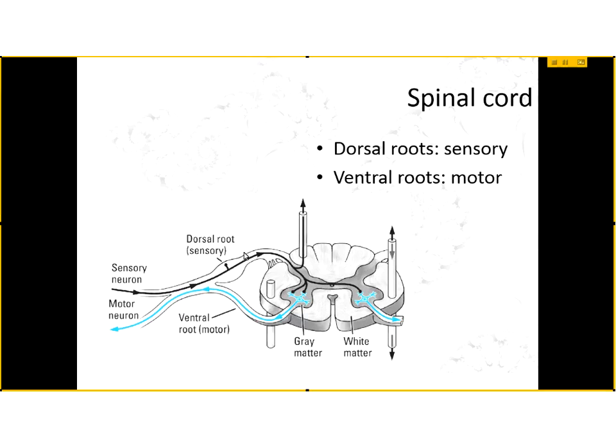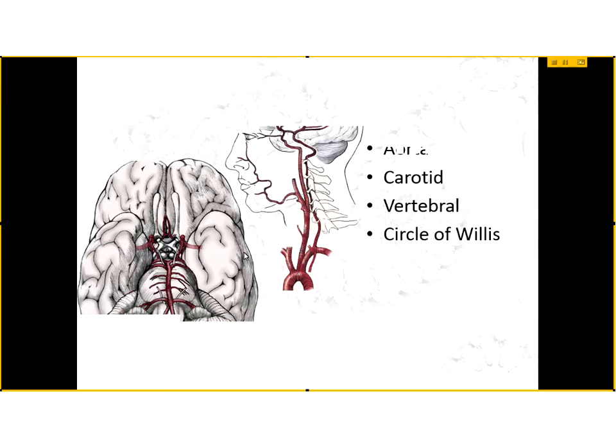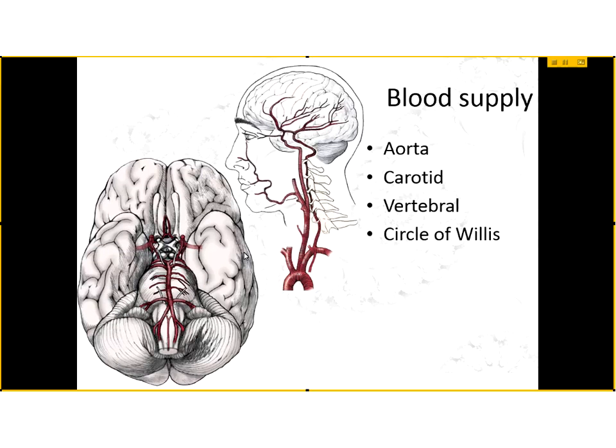Now, what we're going to talk about next is how we get blood into the central nervous system. And it's really important because it's organized around some of those functional systems we talked about within the lobes. First you have the heart, and the aorta comes off the heart. A branch off the aorta is the carotid artery, and that will ascend up into the central nervous system. We also have a vertebral artery coming up and ascending into the central nervous system, and